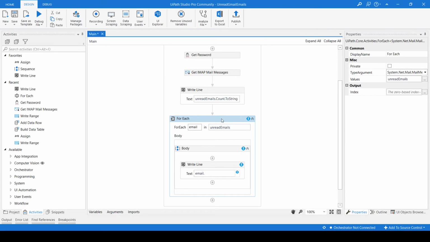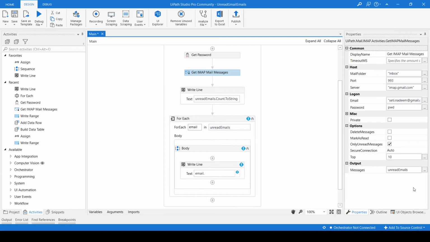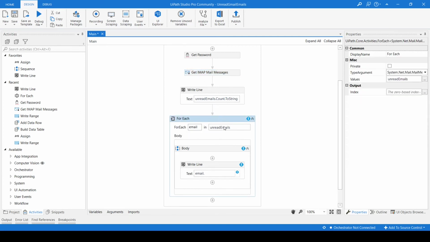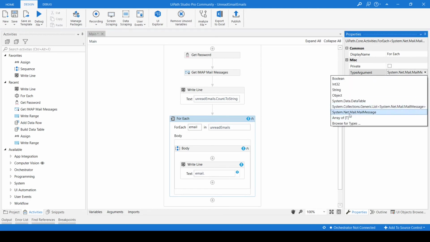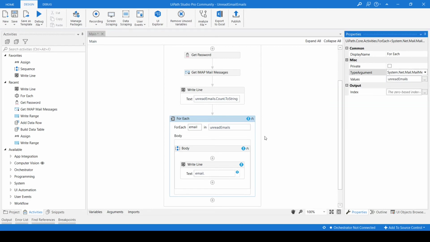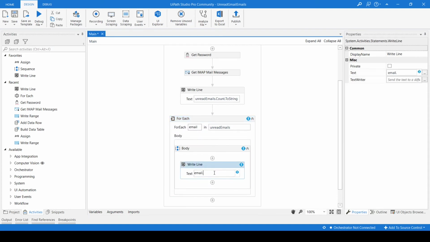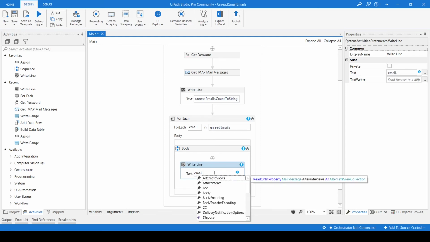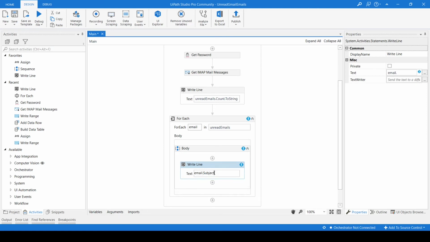Once again, this is the list type variable of emails. So more than one email is coming, and we are iterating it and storing one at a time. Every time we are iterating and storing one email. So here we are declaring only a MailMessage type variable, because every time we are processing one email. Now Control Space, and we can see that the Subject property is coming. So now select Subject, Control S.